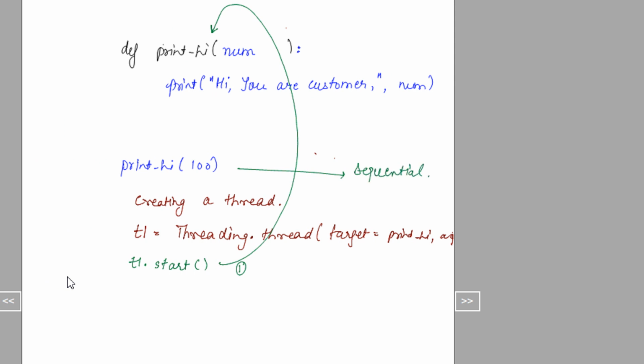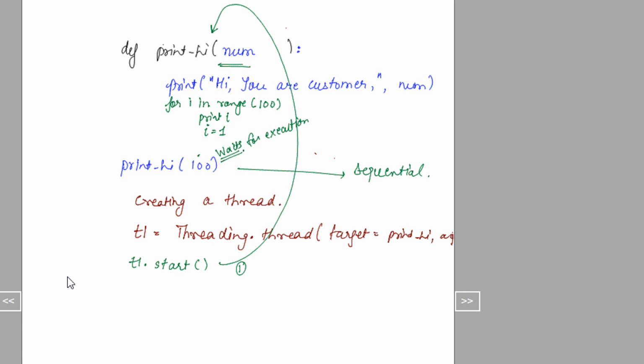Sequential means when I call this print hi function, it goes to the function and waits for execution. Wait for execution means, for example, if I write for i in range 100, I will do print i, and let us say I again set i as 1.